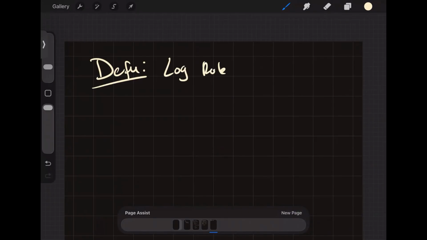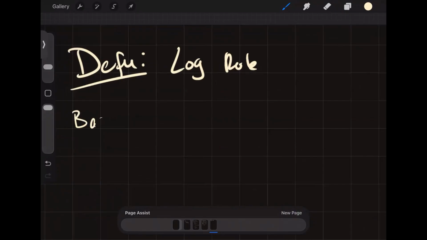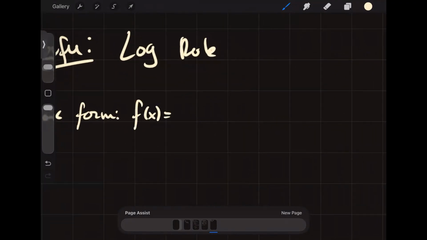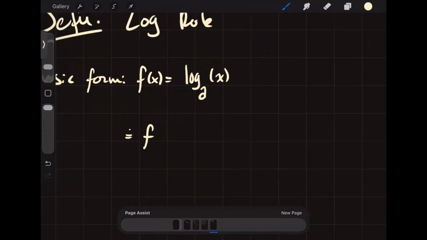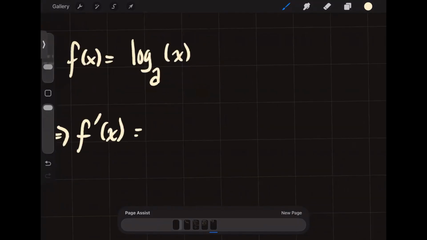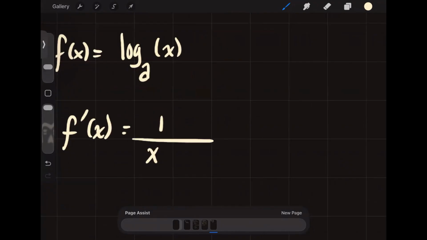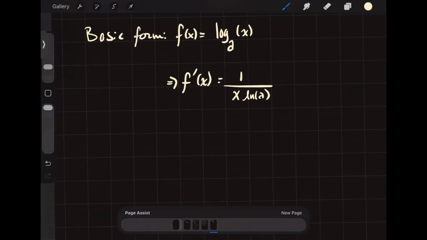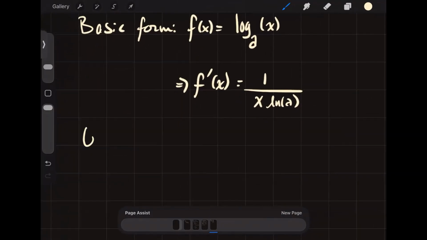Okay. The basic form, like earlier we had the basic and a more general form. The basic form is going to be if f of x is equal to log base a of x, then f prime of x is going to equal 1 over x ln of a. Easy enough, right? But that means that the more general form with a chain rule built in